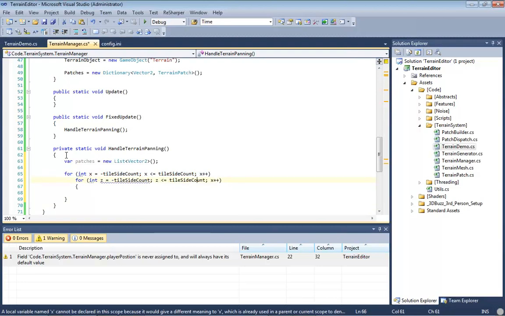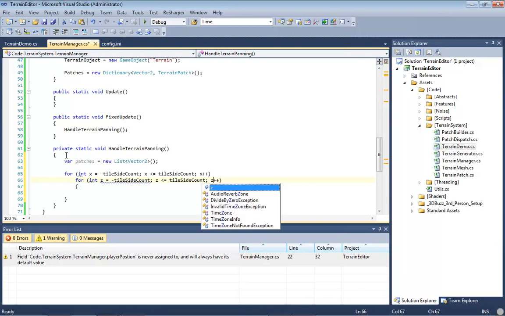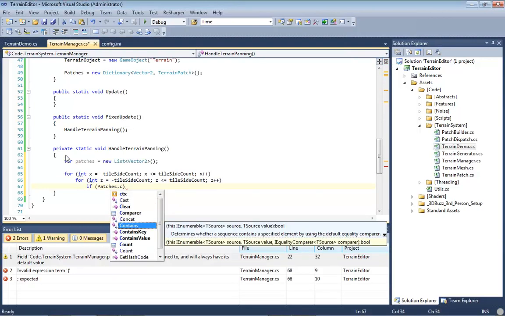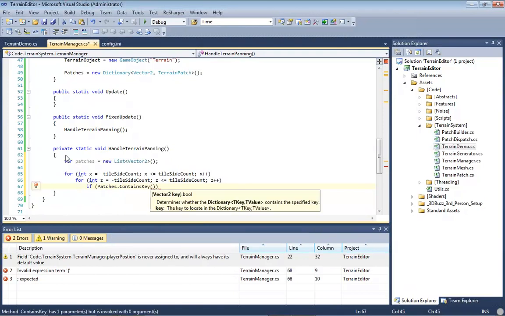The second loop is going to be for our Z. In this case, it doesn't really matter if I loop through X first and then Z, or Z then X. I'm going to get rid of these. I'm going to do a conditional check that says if patches dot contains key. The key that I'm going to be looking for is going to be